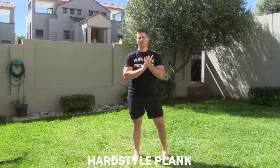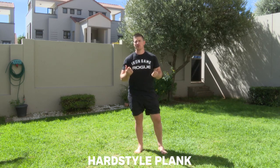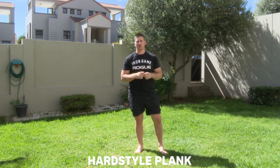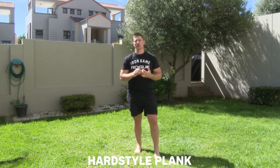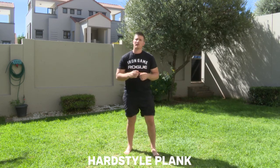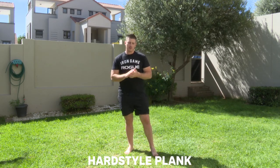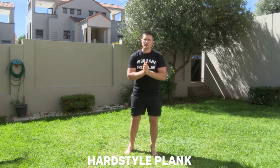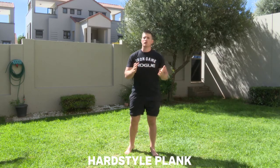When most people do the plank movement in the gym, they do it completely wrong, and actually it's a big waste of time because all they're doing is hanging out on their joints, on their ligaments, on their tendons, and are relaxed in the posture and not engaging the muscle that could get the benefit from a correctly done plank position. You guys may have seen how people do plank world records and they hold this thing for hours. That's not effective. What we want to do when we do the plank, or as we like to term it, the hardstyle plank, is create as much full body tension and do it for a much shorter period of time,